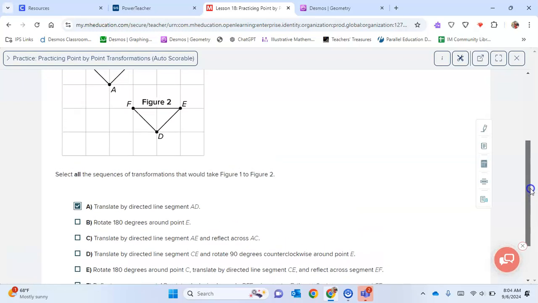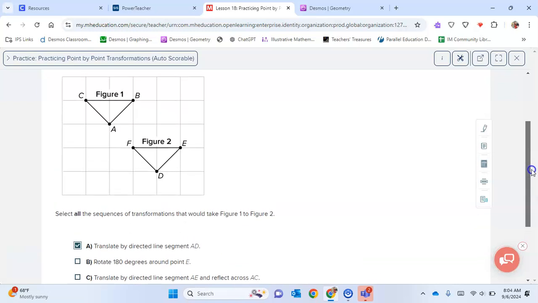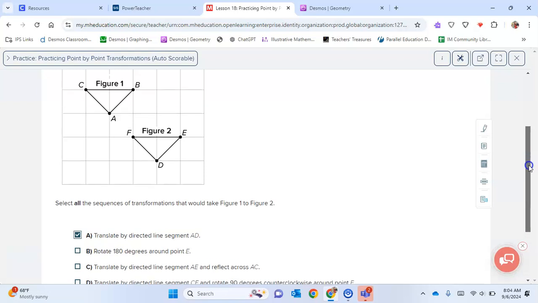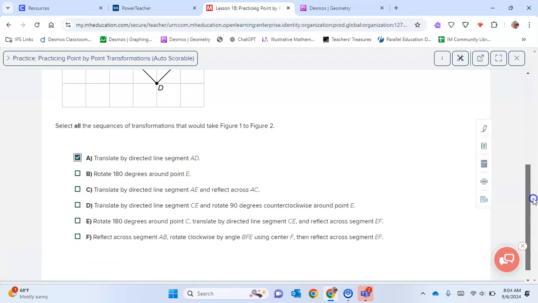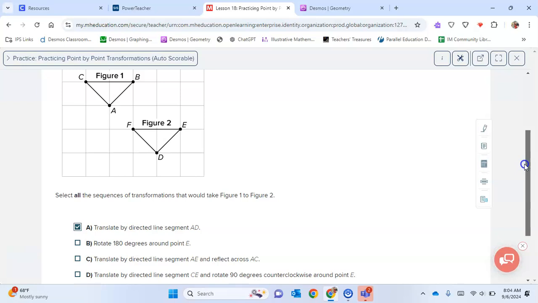Rotate 180 degrees around point C. That would turn it upside down, so it would be pointed up, and C would be where point B is. Translate by directed line segment CE. So I said C is where B is, so you would take that down there, and